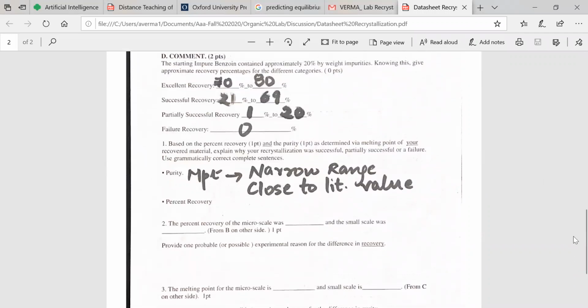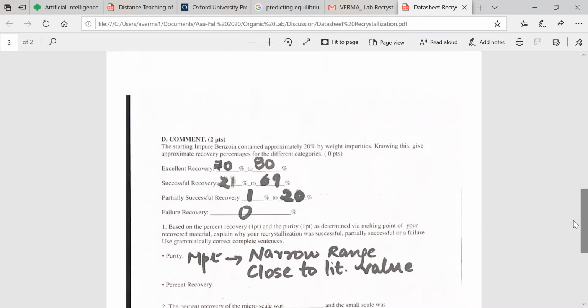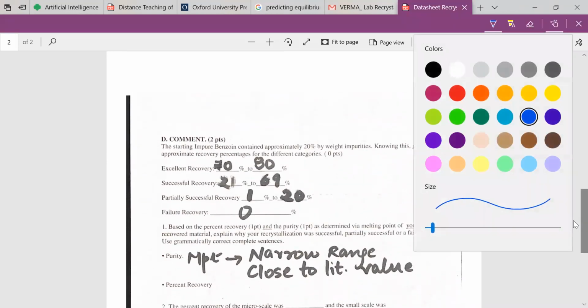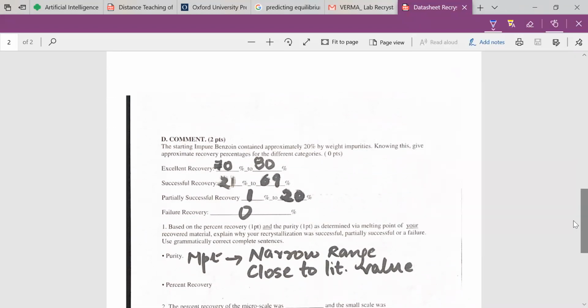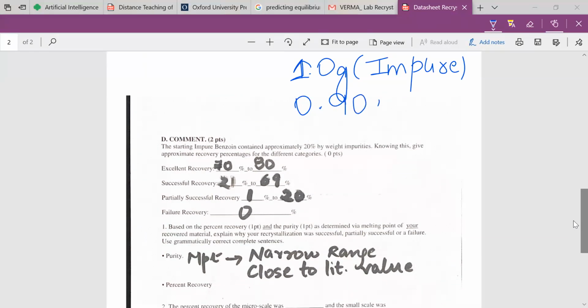If you have 90% material and you have 1 gram of that compound, let's say that we have 1 gram of impure compound, we expect 0.9 grams to be recovered. But do you think you will be recovering 0.9 grams or less than that? You will be getting less than that amount,